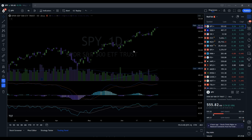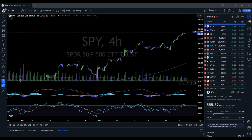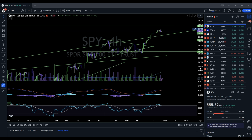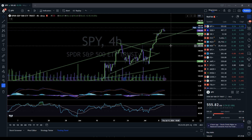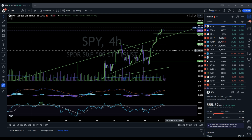Now, let's drop down into the 4-hour time frame to get an intraday perspective on what price is doing. Okay, let's bring up my lines. Alrighty, it does look like we are nearing the completion of this pennant pattern here on SPY that does complete somewhere around 560. We are getting a little bit of sideways movement. It does look like the MACD is about to roll over, so we may get just a slight dip in the market tomorrow down to our support level of